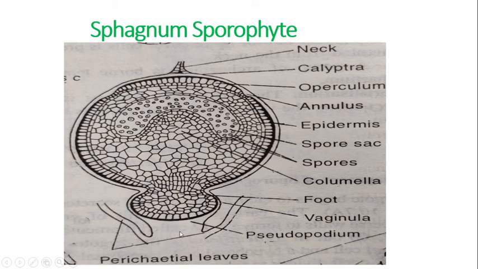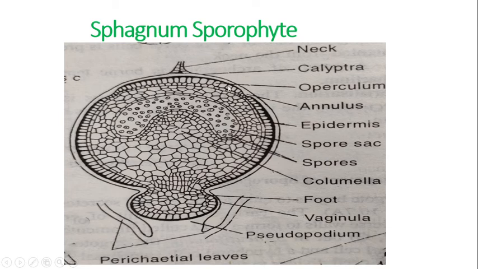Why pseudopodium? Because as I told you, due to the elongation of this archegonial branch, and this is covered by a structure which is known as the vaginula. So this is the foot region, bulbous foot region, and this is the capsule region. As you can see, the capsule is surrounded by an epidermis. It is cuticularized, and inside the capsule there is a central region which is known as the columella. This is the sterile region, and this portion, the dome shaped structure or sac like structure, is known as the spore sac, and here the spores are present inside the spore sac.